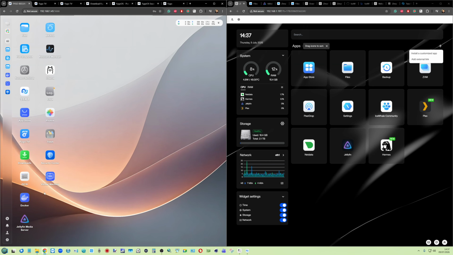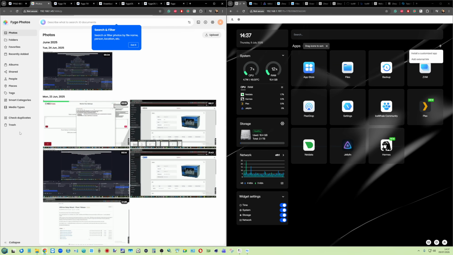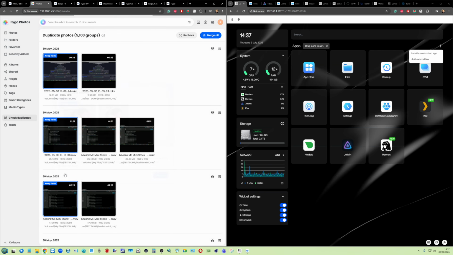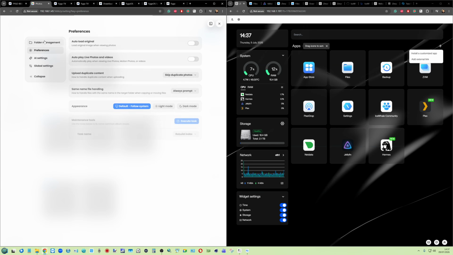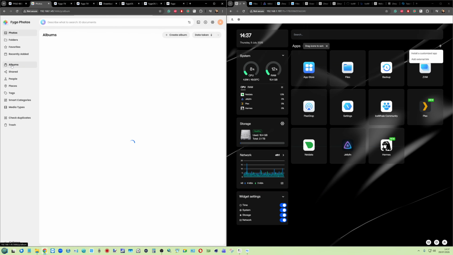Above and beyond that, it comes down to feature sets. For example, the photo management tool that's native to Fygo OS with AI photo recognition and some of the deduplication that I mentioned earlier on and scanning. It's great, and it's all built in natively, and I just think there are bells and whistles here for those making their way away from turnkey NAS solutions that are just going to be damn near irresistible by comparison,